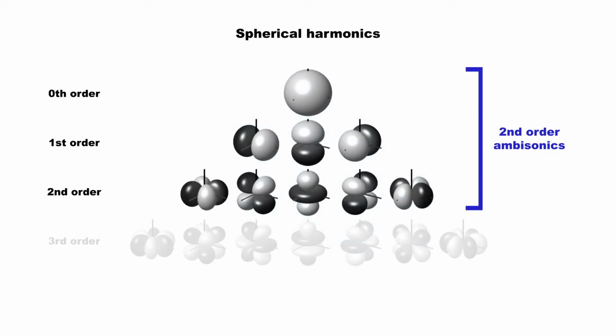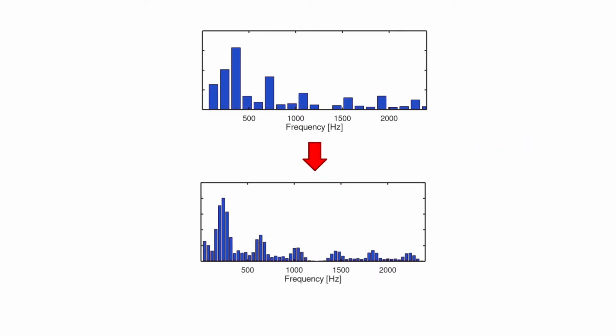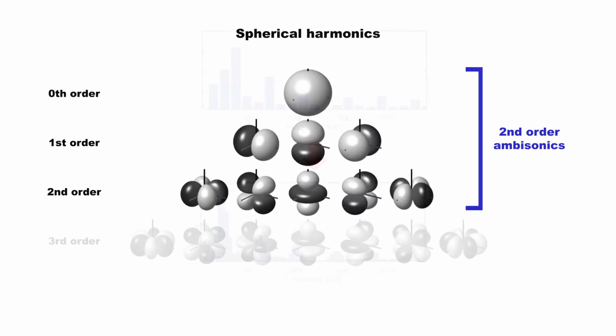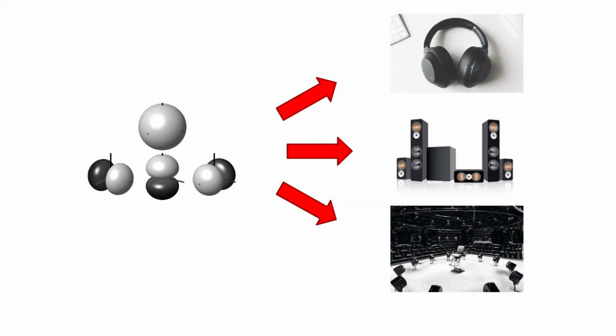Second-order ambisonics would use zeroth, first, and second-order spherical harmonics for a finer description of the sound field. This would be analogous to using narrower bins in a discrete Fourier transform. However, full second-order ambisonics would require a more complicated microphone with at least 9 capsules. Processing the B-format impulse response for playback on a specific speaker setup is referred to as decoding.